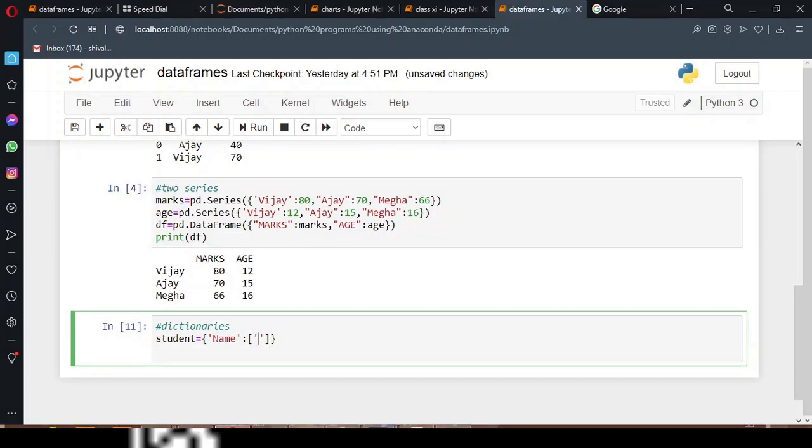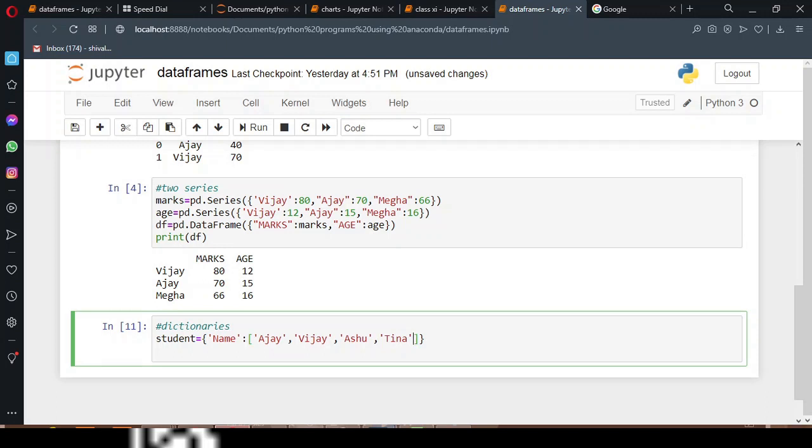Let me take 4 students, Ajay, and second maybe Vijay, third Ashu, and one more, Tina.